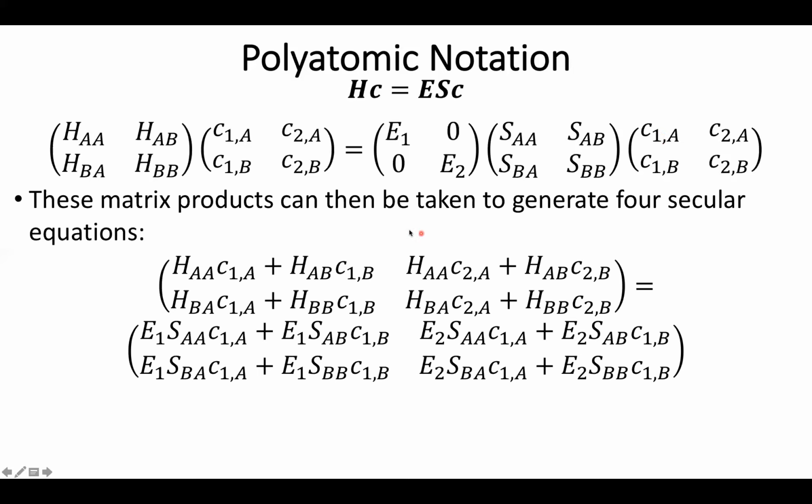And when you do this, you get a quite large matrix, where this whole first matrix, we've got 4 elements, and these were generated simply by doing the matrix multiplication of my Hamiltonian times my wave function. And this second matrix on the right side of the equation was generated by taking the matrix multiplication of my